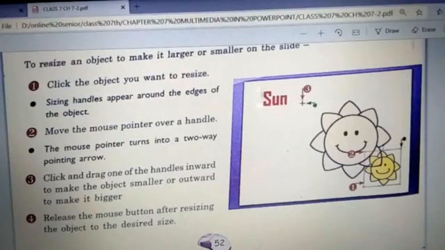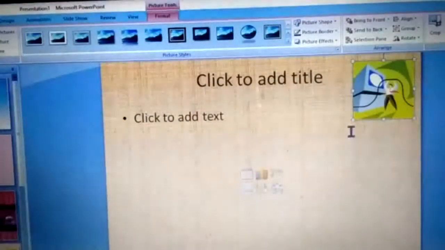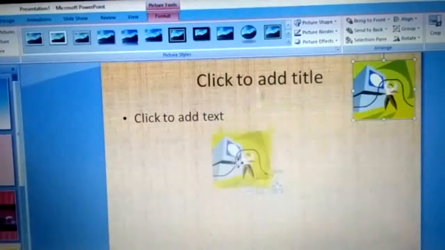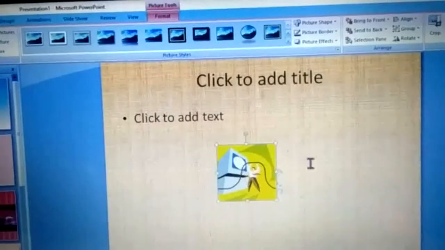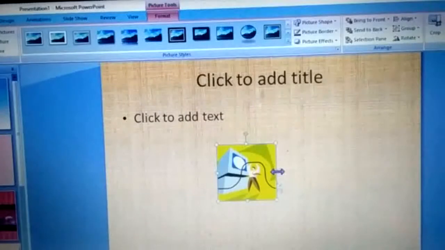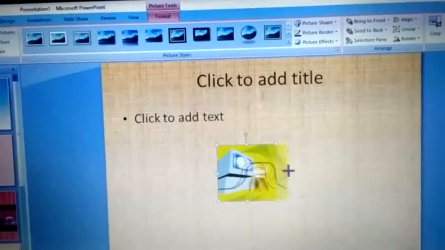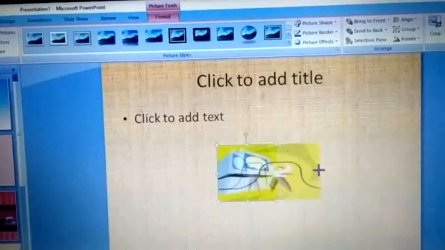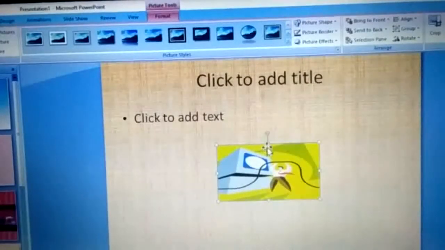So let's try that also. We come back to our presentation, and this is our clip art. As I click on it, these resizing handles come, and my mouse pointer will change to a two-way arrow. Can you see this? This is the two-way arrow. If I want to increase, I will move it outward like this, increasing its width or its height.